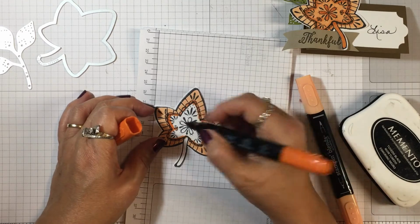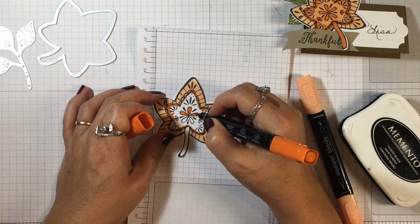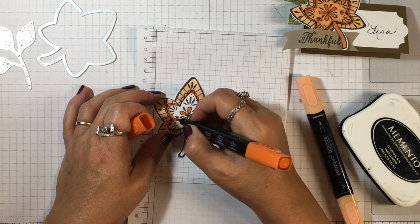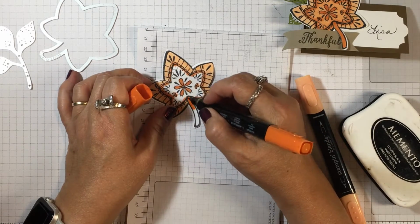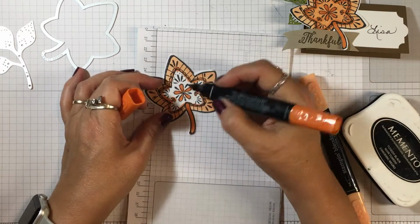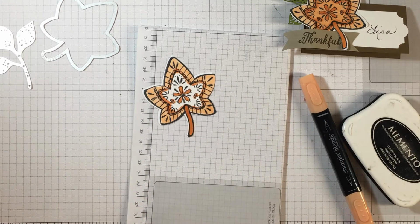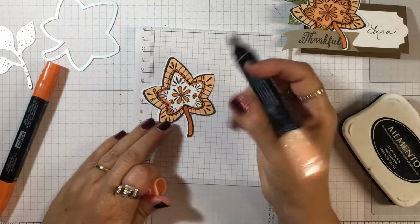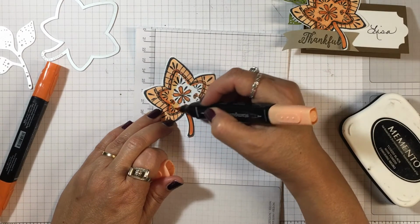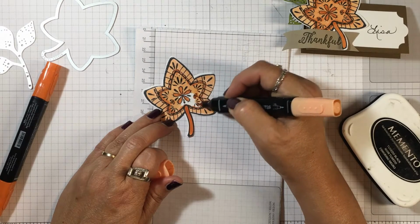I've got the dark pumpkin pie now, and I'm just going to color this inner floral piece here, and maybe these, and then the stem. You could also use Cajun Craze, which would be a pretty choice. So let me go back with my light pumpkin pie and color in the rest here. So it's okay if you go over what you previously covered. Like I said, this is an easy coloring task,